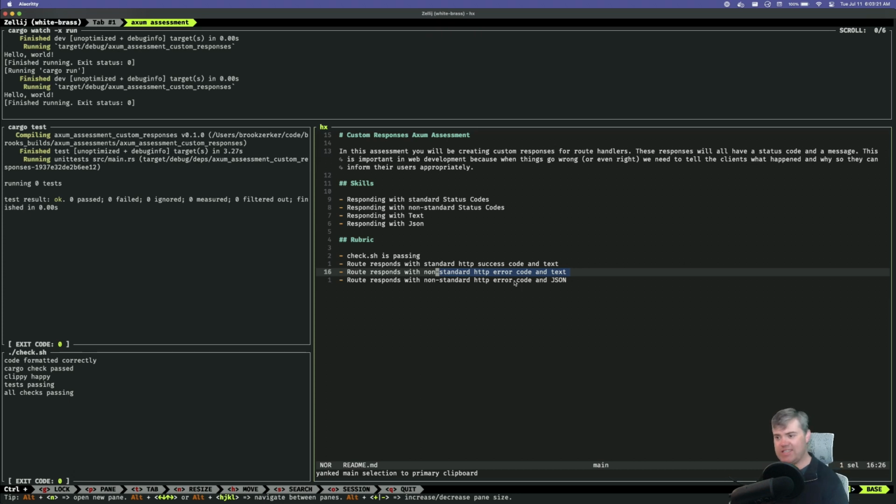Because if you want a non-standard success code and JSON, that's the same exact thing, I believe. I don't think you have to do anything different. So I believe this will be 3 routes that we'll have to do.